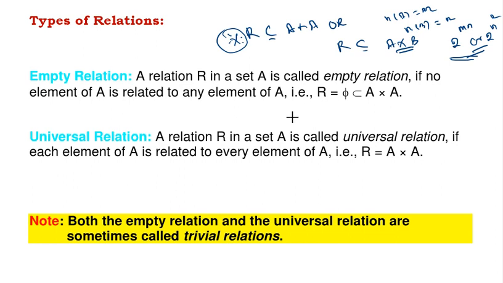So the empty relation means there is no element of the form (a, b) belongs to R. It is just empty; no two elements are related. If you take any element, it is not related to another element with respect to the given relation. That kind of relation is the empty relation. The empty relation is denoted by phi. The empty relation phi is a proper subset of A cross A. This empty relation is known as a trivial relation. This is a trivial relation.